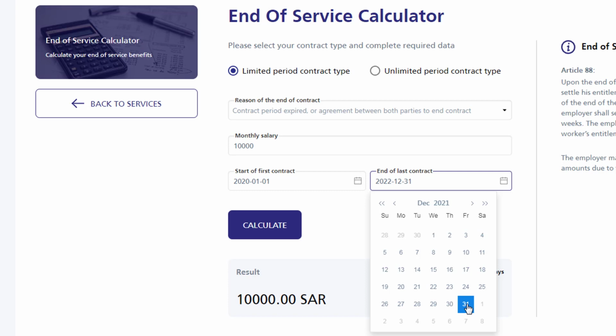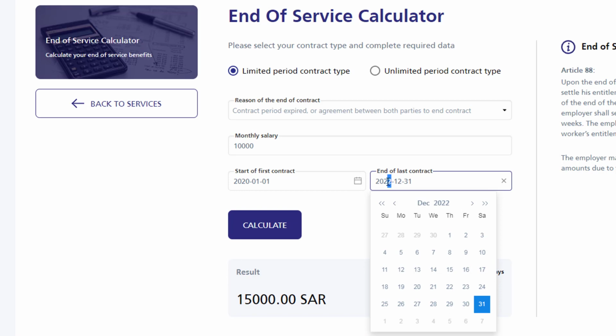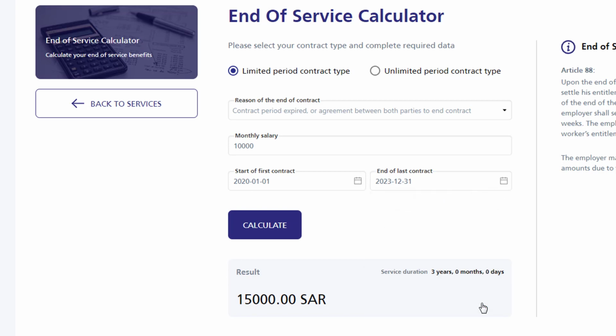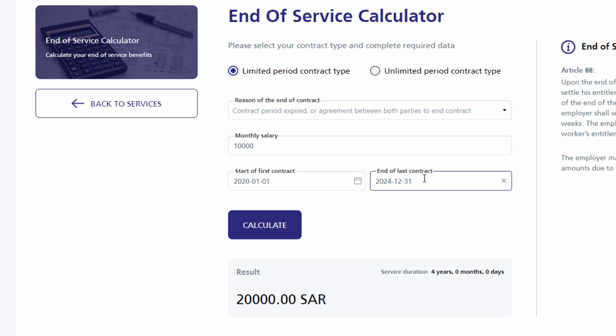Okay, so after 5 years, what will you get? If you calculate one by one up to 5 years, it will be half salary each year. But when you reach more than 5 years, the salary for the other periods will be more. Let's suppose in 5 years you are eligible for 25,000. Now I put 4 years. In 4 years you are eligible for 20,000. Now I will change it to 5 years. After 5 years you will see how much salary you can get. In 5 years you can get